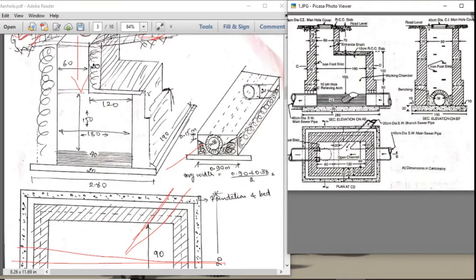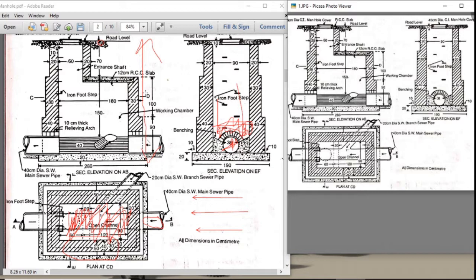Then how do we take the length? I'll tell you. So see here, inner length is 180. So this is the inner length. So 180 plus the brick wall breadth 40. This is 40, this is 40. Then for second step, 180 plus 30 plus 30. Then for third step, 60 plus 20 plus 20. This is the way we calculate length for long walls. And for short walls, directly you can take the constant 90.